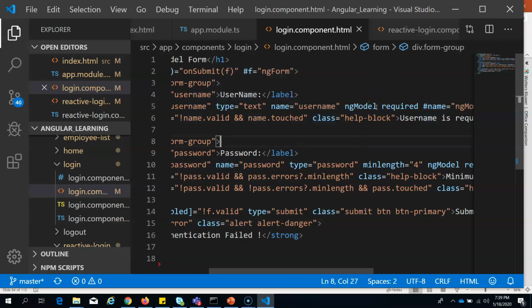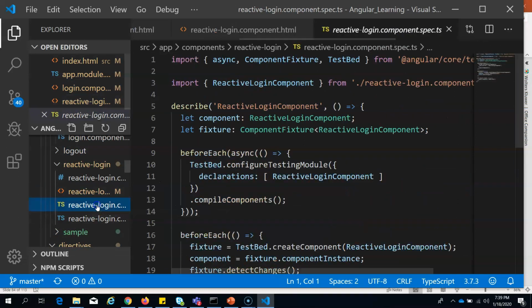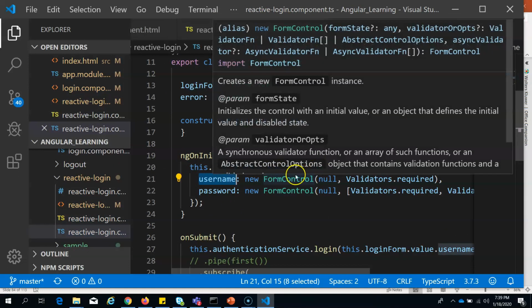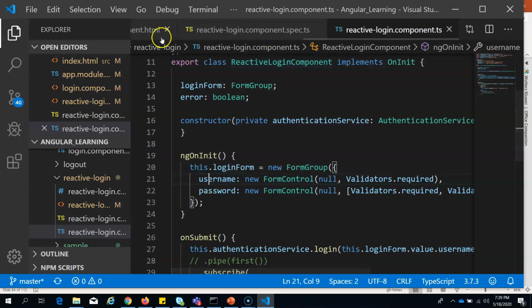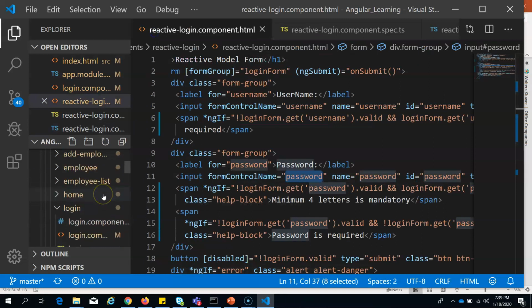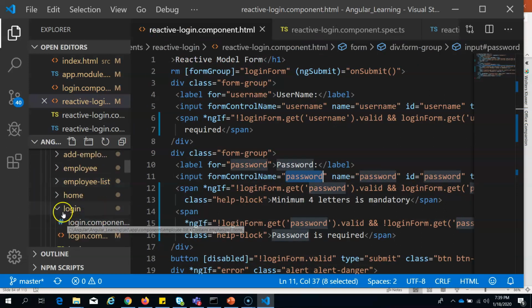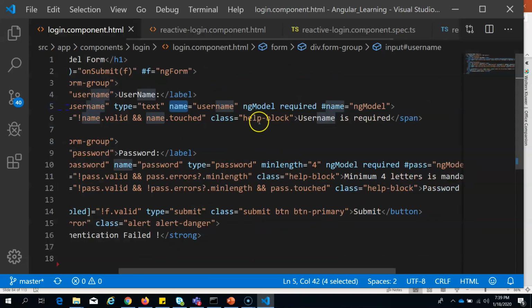The ng model is responsible for creating the form control, and name is also mandatory. If you don't give a name, you will get an error, because as you see in the React to login TS, you will be able to see this. There is a name inside new form group. There is a name given for this form control. For creating this, Angular needs a name for ng model for creating the form control. Okay, so two things are mandatory when you have a ng model